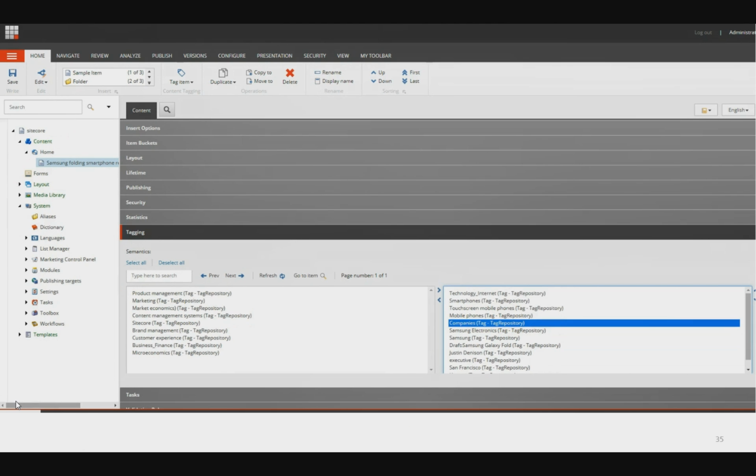So that's something which is available today. Auto tagging. You can check this thing out. Install Sitecore 9.1. Do all your tagging. In the tag item, there was also an option to tag sub items of your page. So you can tag top level item and all the sub level items.